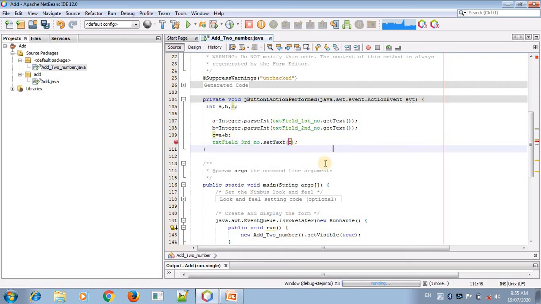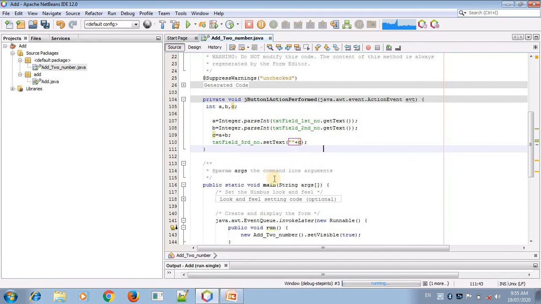So how to convert the integer? Just put a double quotation inside, because a double quotation denotes a string value. So easily we can convert this integer value into a string by using a double quotation.